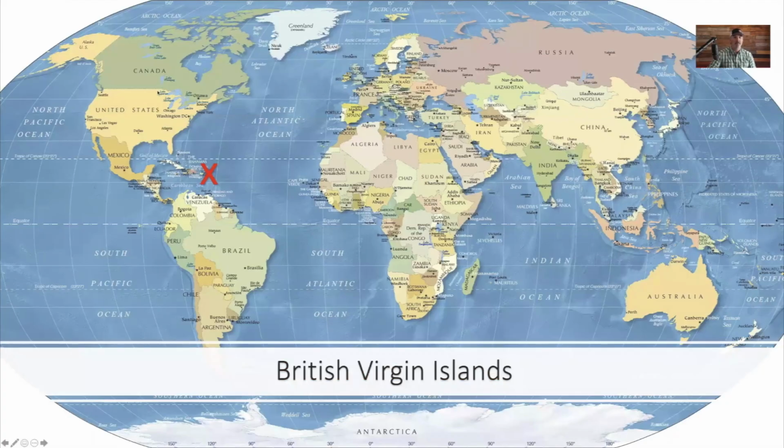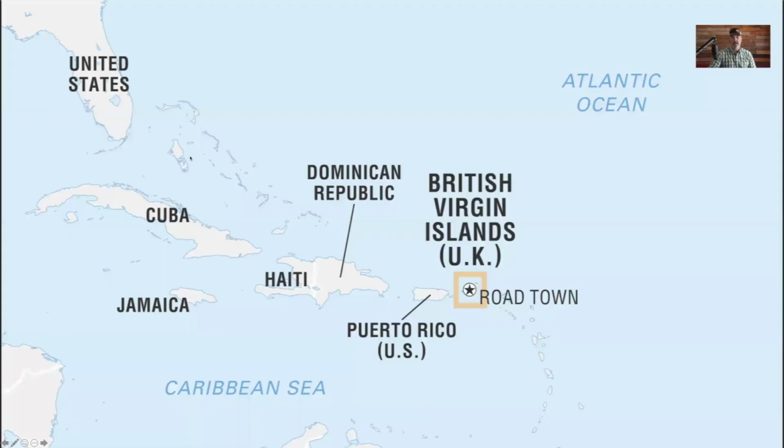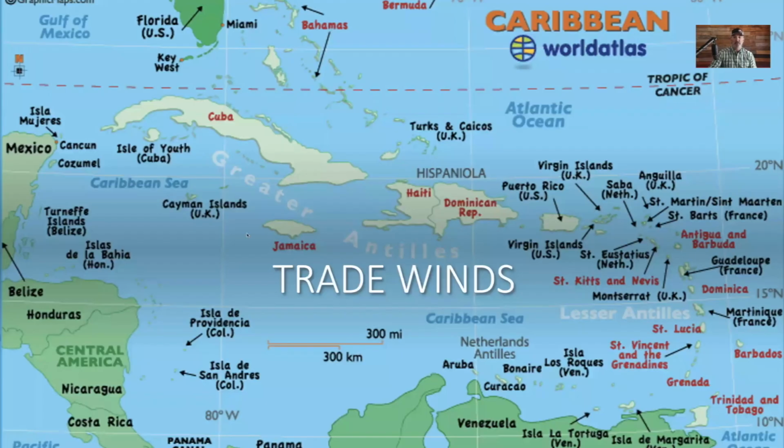What we do on this trip is fly into the British Virgin Islands. So down here in the Caribbean, off the tip of Florida through Puerto Rico, we're going to make our way through Puerto Rico and into the British Virgin Islands. One of the reasons that we like this destination, and there are many destinations for sailing around the world,